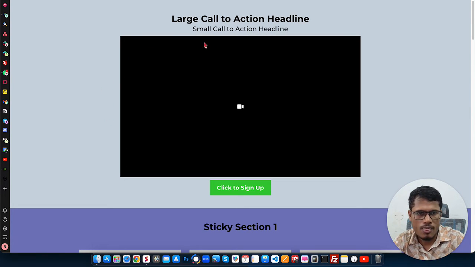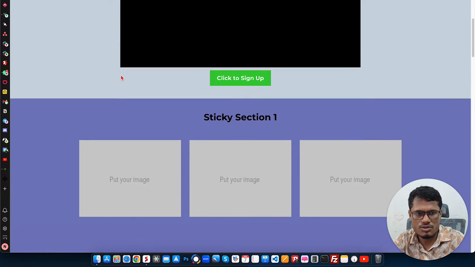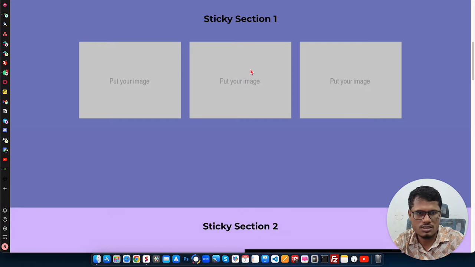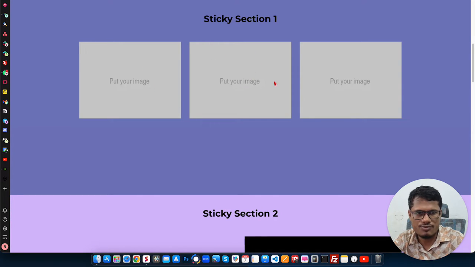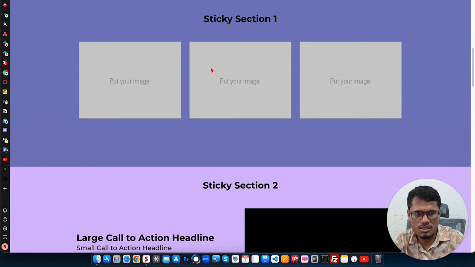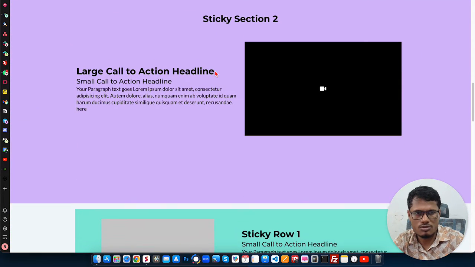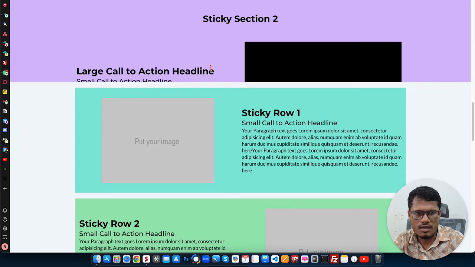So here's the page. In this page I have some dummy content, but you can see here when I'm scrolling, this section is sticky. This is a full section with the content, and here's the second section which is also sticky, and then